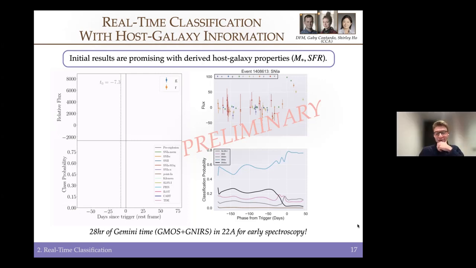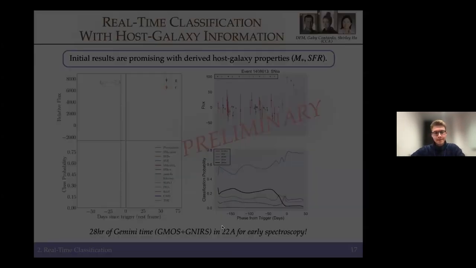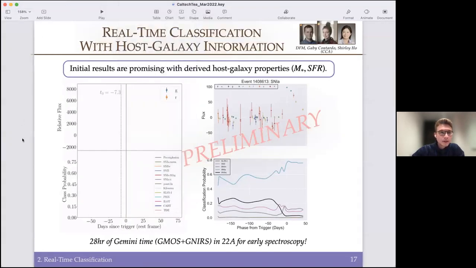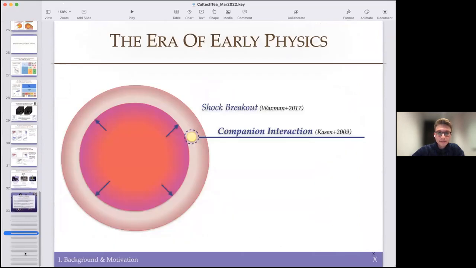Yeah, this is a really good question. So for a lot of this project, we were looking into early time features of classes that we know well. The thought is if you don't have statistical correlations to train on, to learn from, then you're not going to do a good job picking out those events from host galaxy information, potentially. However, let's see, maybe I can jump a little bit later.